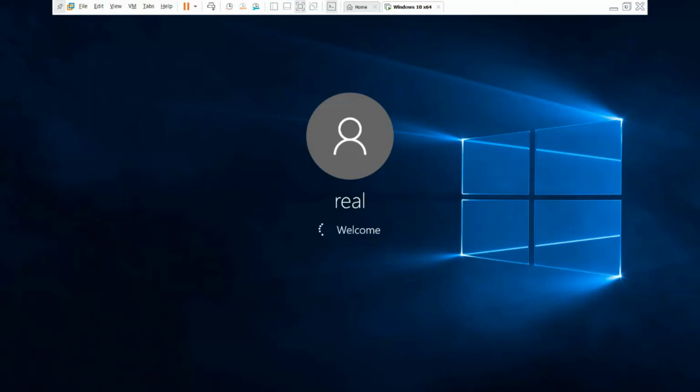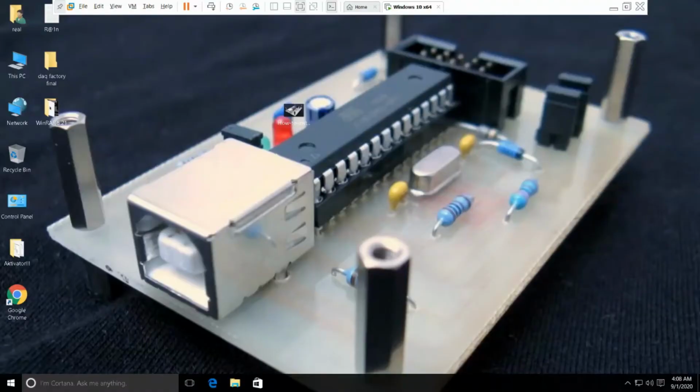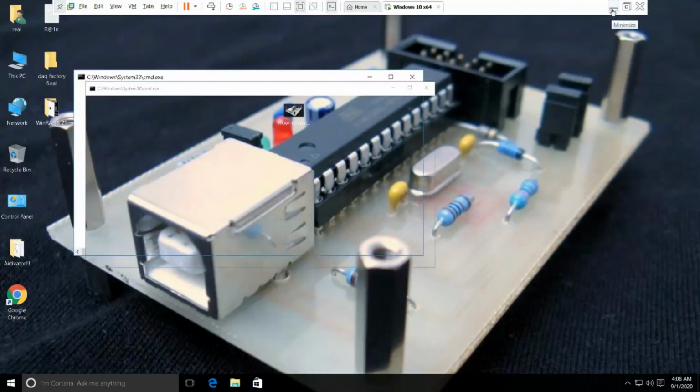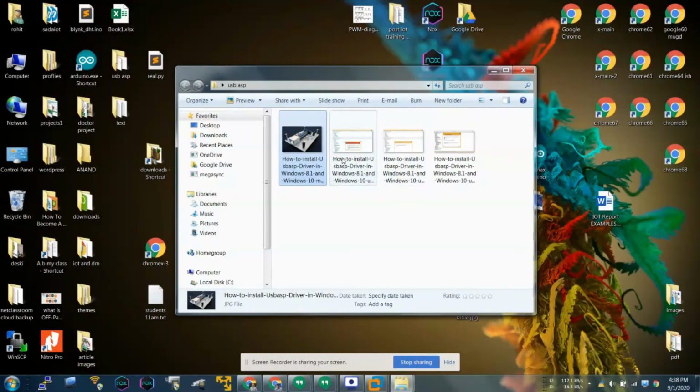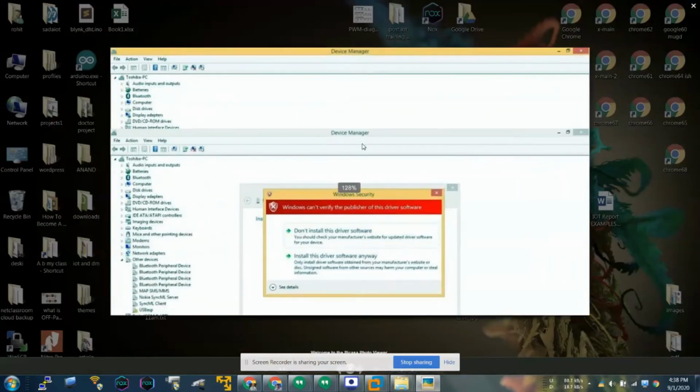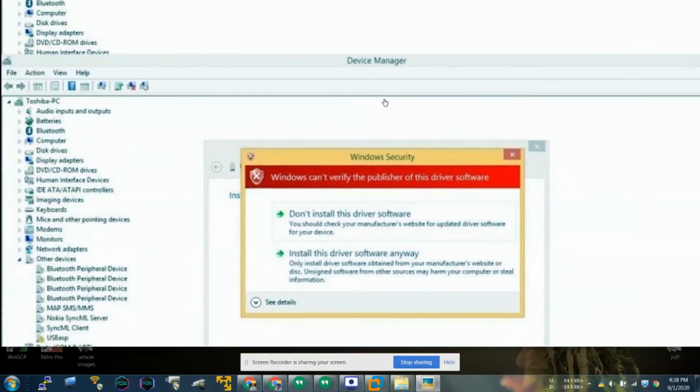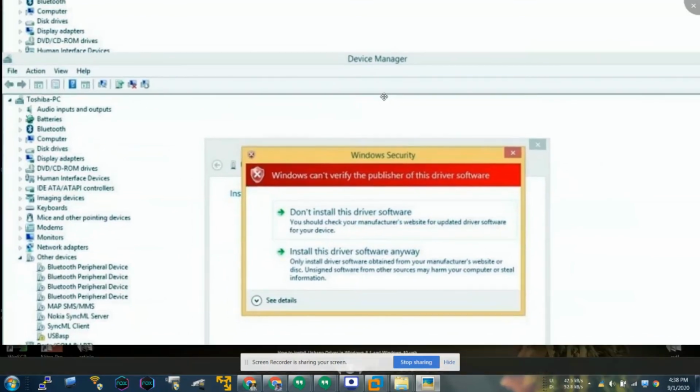So now by the normal procedure, if I try to install my USBasp drivers, they will be installed properly. After disabling the Windows 10 driver signature enforcement, if I try to install my USBasp driver and I provide the right driver, I will provide the right drivers in the description of this video also.